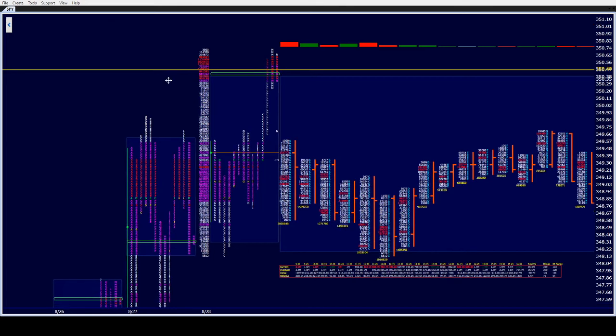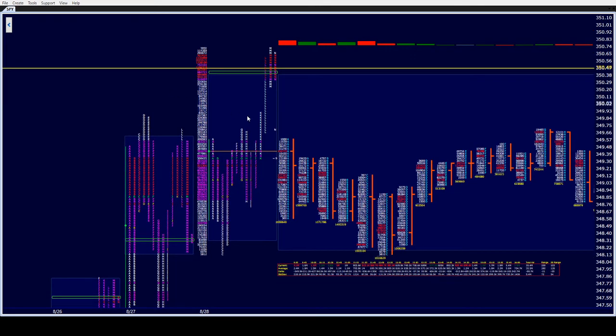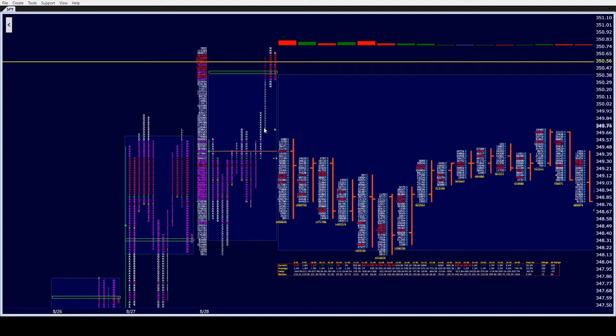This is like the redheaded stepchild, I guess. K, L, and M. I mean, L is becoming more of an instigator than M is these days. M's range yesterday was large, but M's range a couple of days this week wasn't that large. It was L that was the catalyst to get this market going.